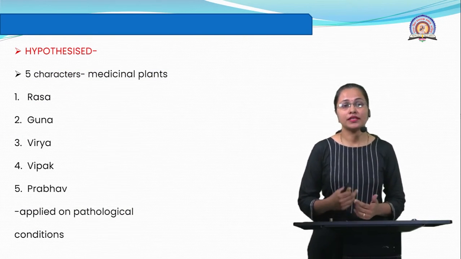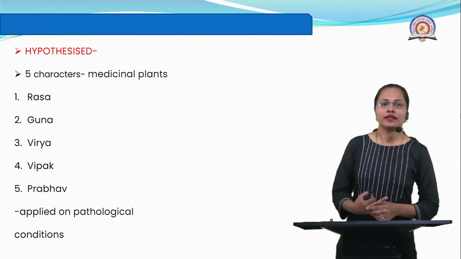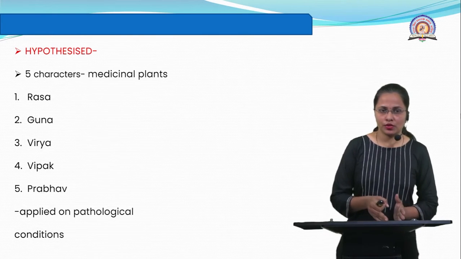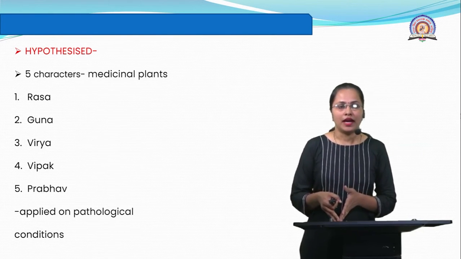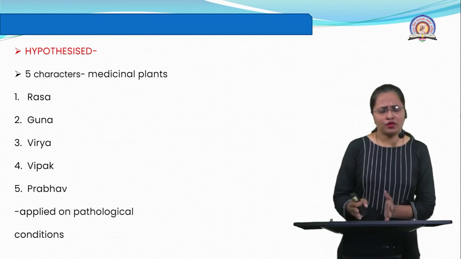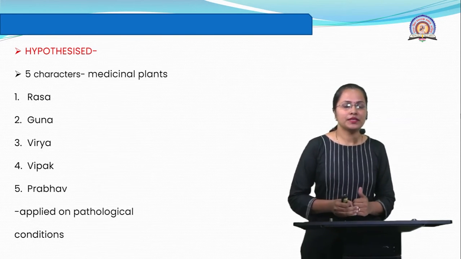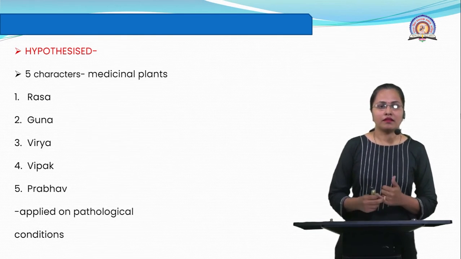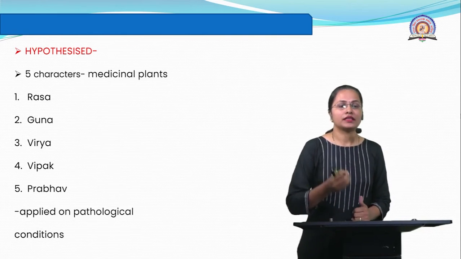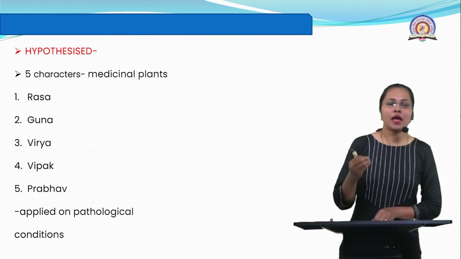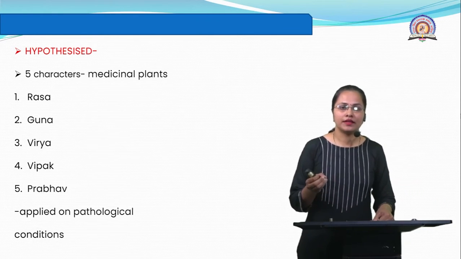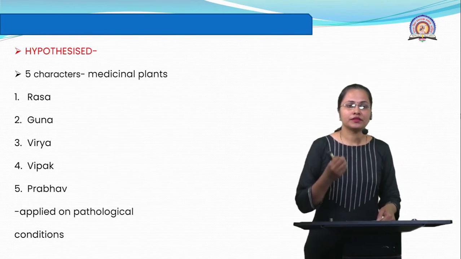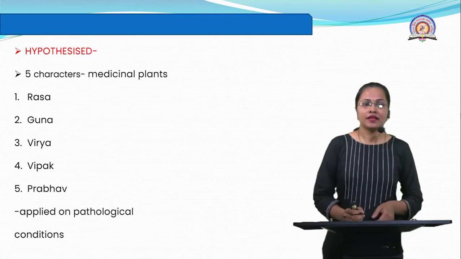This Ayurvedic system considers the use of medicinal plants to maintain a balance between three doshas, saptadhatu and the mala. To maintain this equilibrium, they consider that a plant has five important characters, and these five important characters can be used pathologically to cure the diseases of the human being. The first one is rasa, that is the main component,